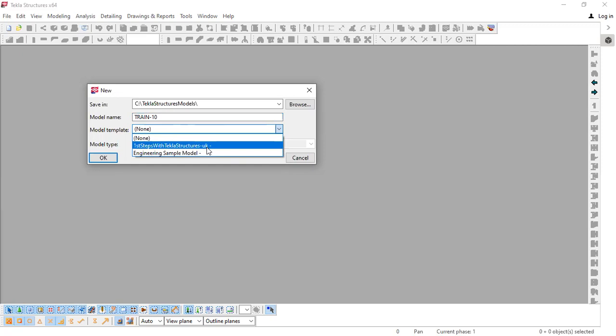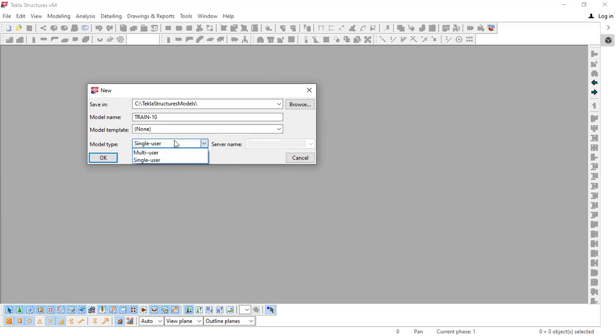So you can see the templates related to UK are listed down here. You can select this, and once selecting this, those templates will be loaded, or the standard settings will be loaded in your model directly. So this is related to your environment settings. Whatever data is listed there, it will be loaded directly to your system. So this is model templates.